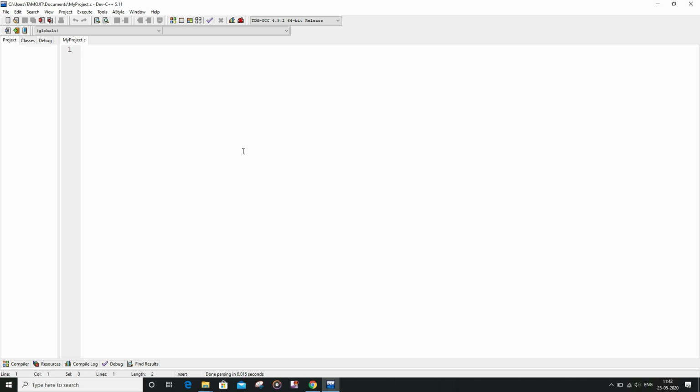So let us write the C implementation of AtBash cipher. Now first I am going to write the main function, that is int main.